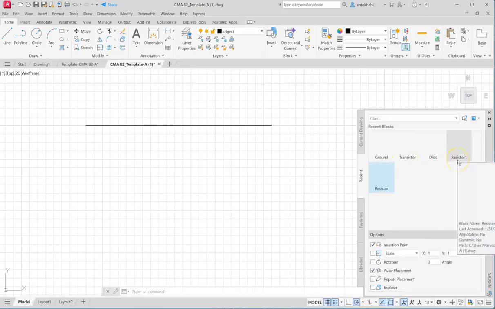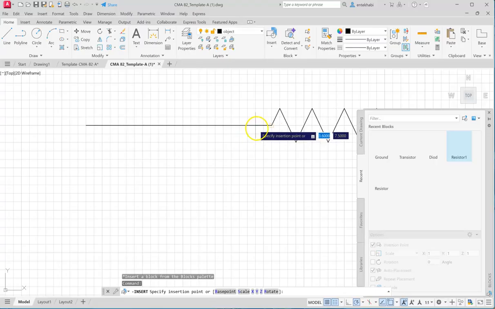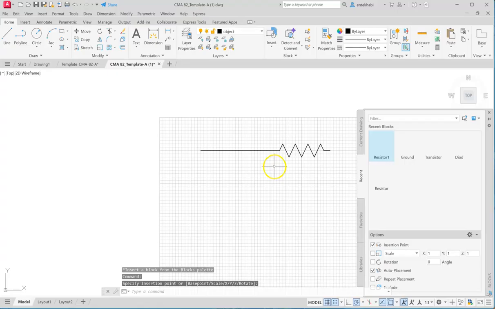Let's say bring the resistor in. By the way, you can also bring these files into another new file. For that, we have to use different methods, but we get into that later on. But for this assignment, all you need is to create that and start a new layer, and then go to resistor, and then in this case, bring it in. Notice that as soon as I bring it in, see that point? That's our insertion point. So that takes care of that.